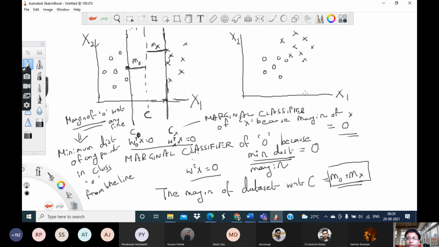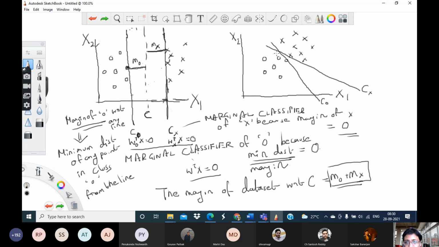Now, similarly, if you come to this data set, as the picture suggests, it's difficult to find too many linear structures which separate the two, but yes, they do exist. Say, for example, this line, in this case, this is C, C circle, this is Cx, and maybe something like this. Sorry for the bad drawing, but it's very difficult to draw this.